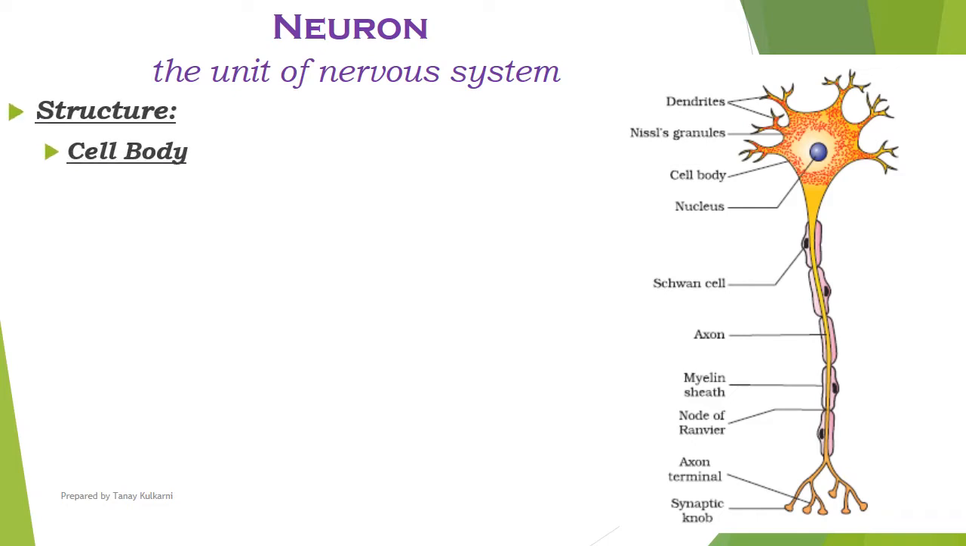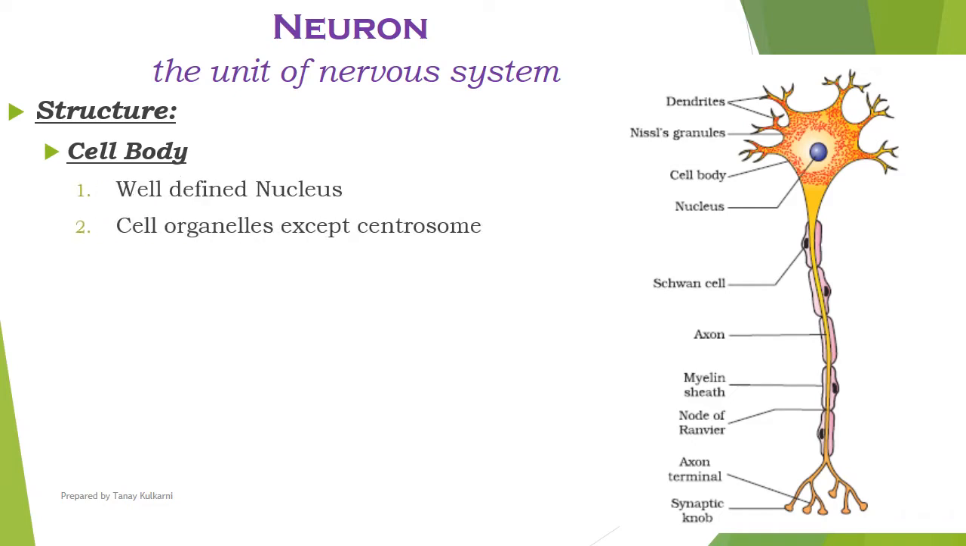Neuron is made up of three important structures. First of all is the cell body. It has a well-defined nucleus. It has all cell organelles except centrosome. That's why neurons do not divide, because if you remember from grade 9 lesson number 1 cell, centrosome initiates cell